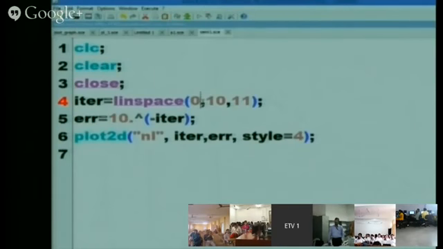The syntax for the log graph is plot 2D with LL, but I don't know why it is not coming here. Comma iterations, comma error, and style equal to 4 or 2 or 3, whatever you want to do.